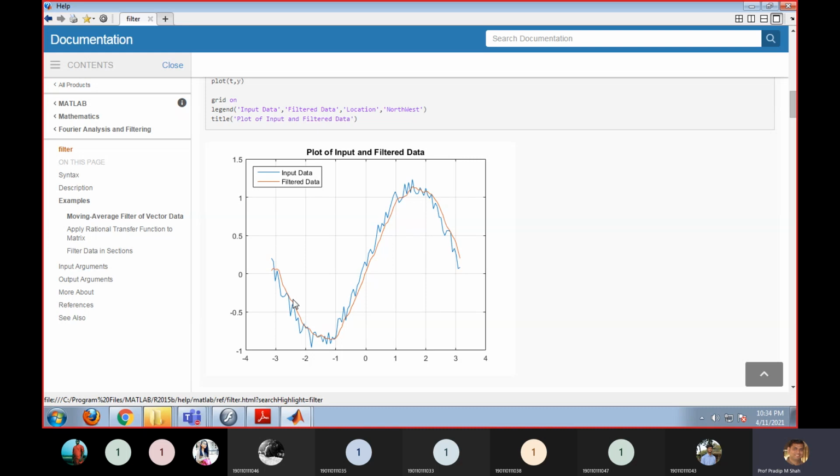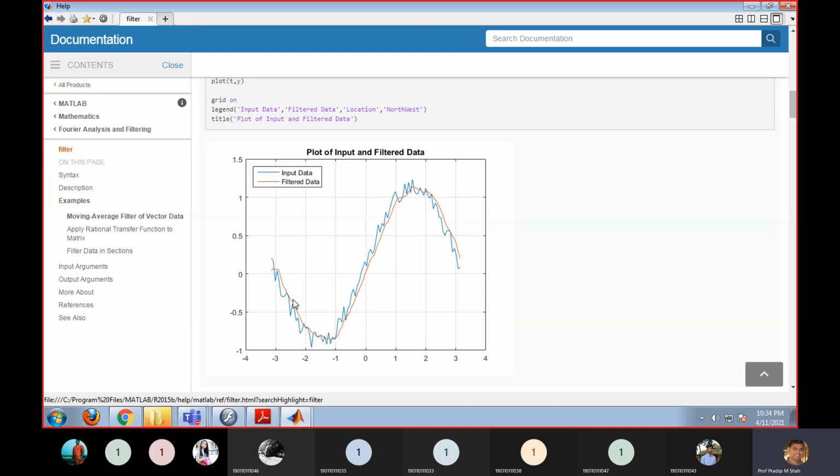So this is the task. The input signal has the information signal with some noise added, and we need to develop a system that passes your information signal and removes the noise. That kind of system we call low pass filtering.